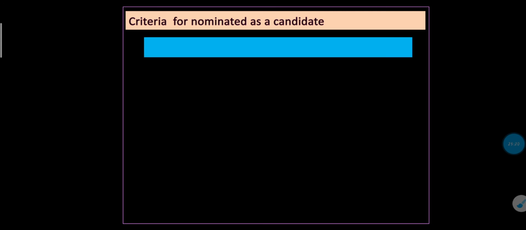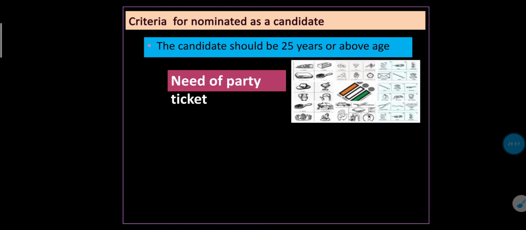The first one is that the candidate should be 25 years of age, right? To give the vote, you have to be 18 years of age or above, and to get the vote, you need to be 25 years of age or above. Then there is the need for a party ticket. You have to get the support of a party in the name of the party ticket. That means your name should be included in a particular party, and you have your symbol and the supporters of the political party. The political parties choose their candidate for a particular area, support that person with their support and symbol, and give the ticket. That is known as a ticket. So there is a need for political parties.